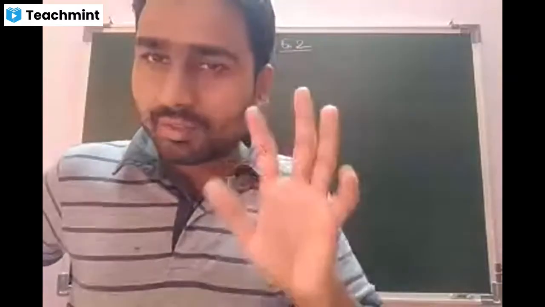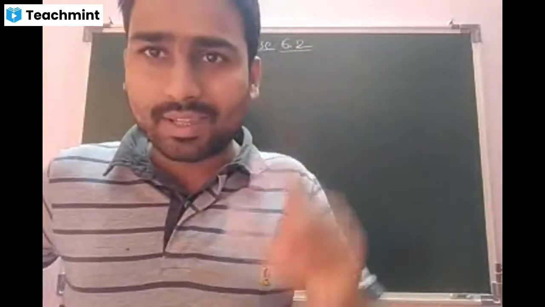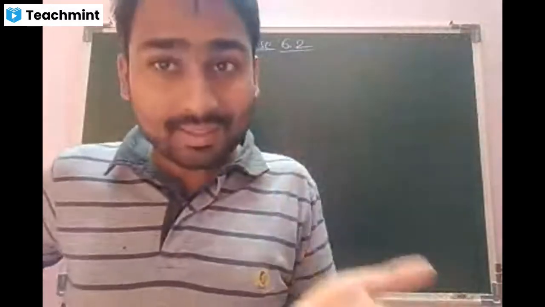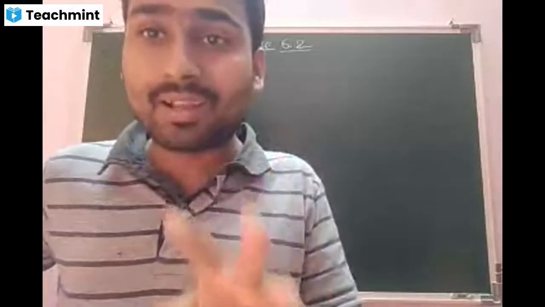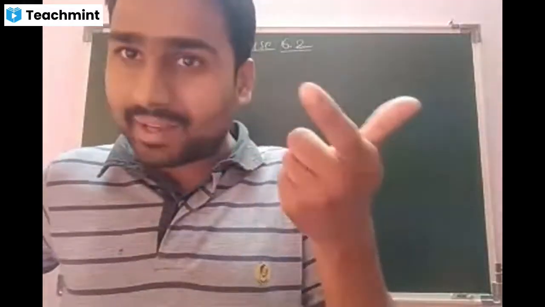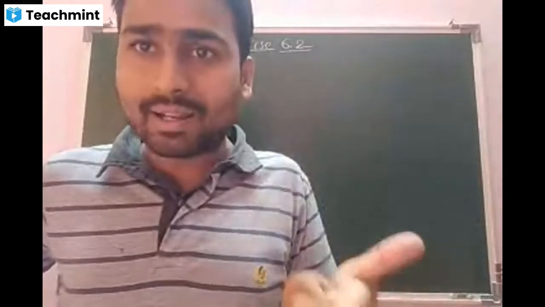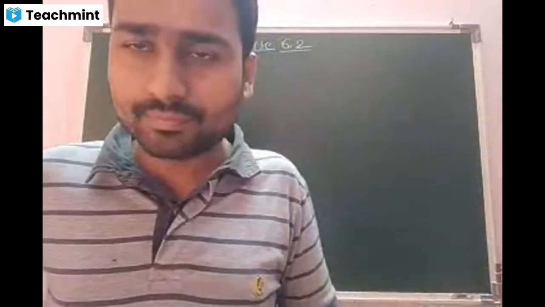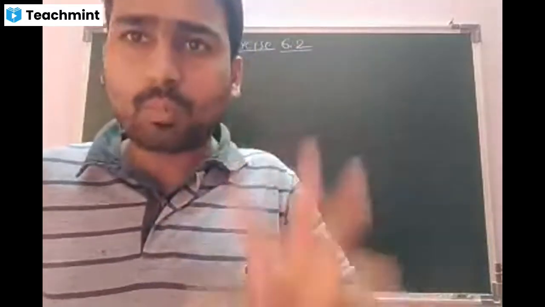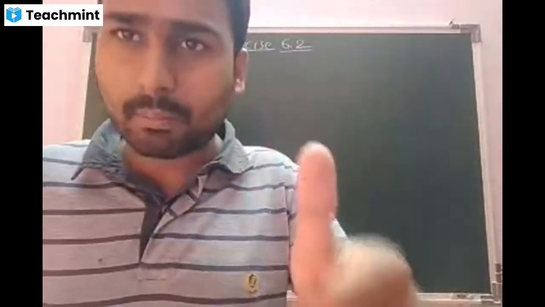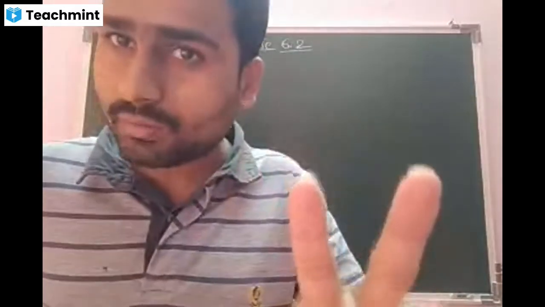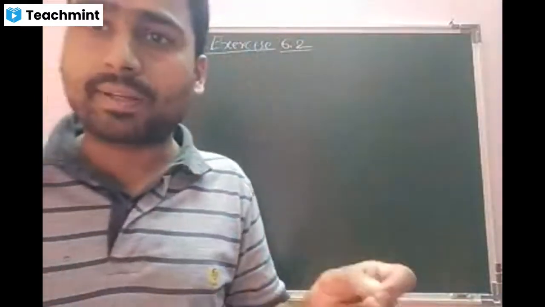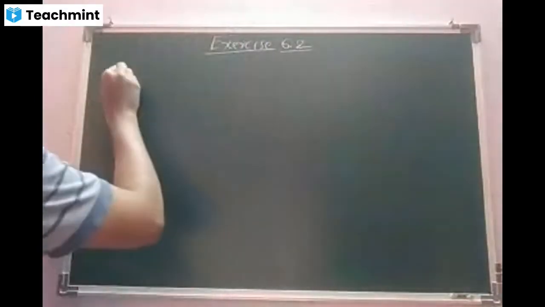Yes, sir. In the first question, they gave one line, that is DE was parallel to BC. They gave it already. But in the second question, they are asking us to check the parallelism, whether a particular line drawn in the triangle will be parallel to a particular side of the given triangle. Is that clear, beta? Yes, sir. So if we want to put it in very simple words, the first question is based on BPT, the second question is based on the Converse of BPT. 100%. Am I right, beta? Yes, sir.